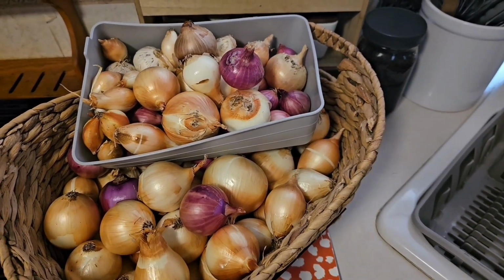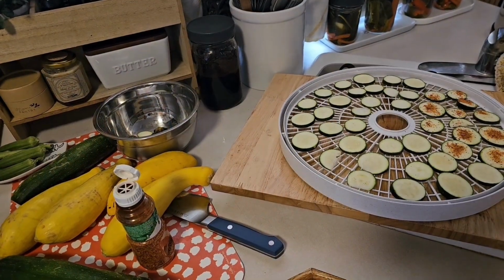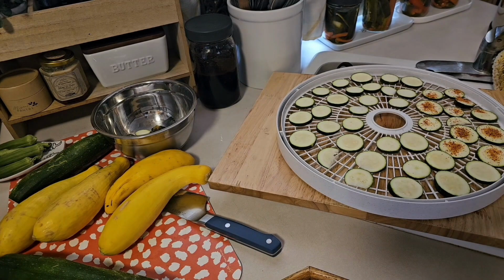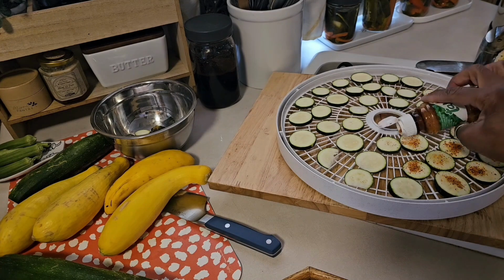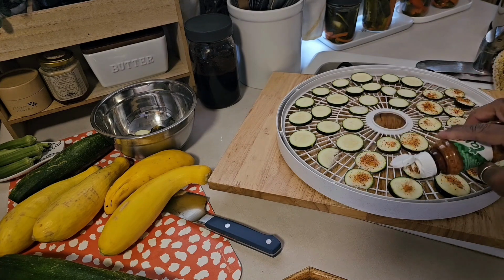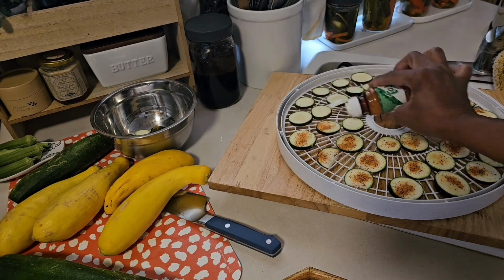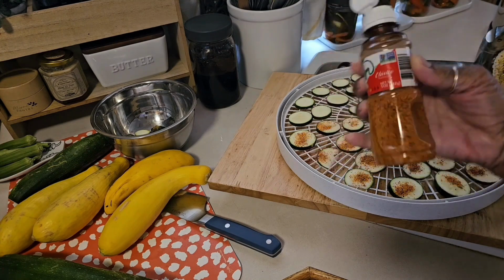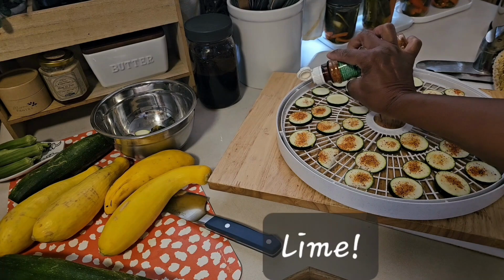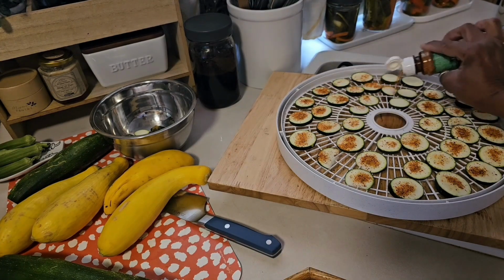So now let's move on to this, a real easy project. All you're doing is slicing your zucchini really thin and then sprinkling whatever seasoning you like on it. Some people like the bagel seasoning. This is Tajin, which is a chili powder and lemon flavor, and I love it. I love it on my popcorn. So I'm just sprinkling it onto these